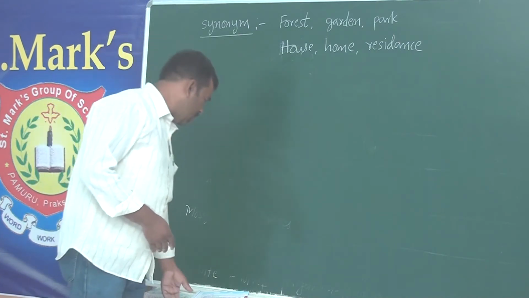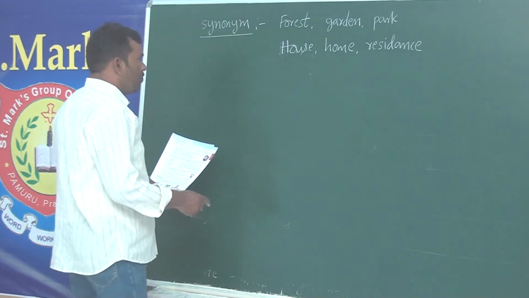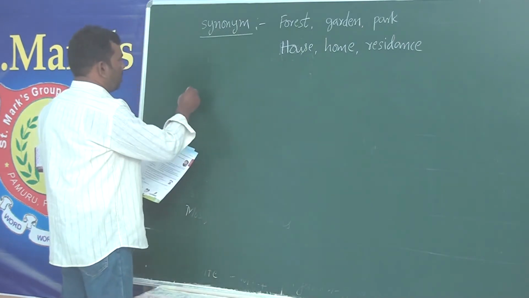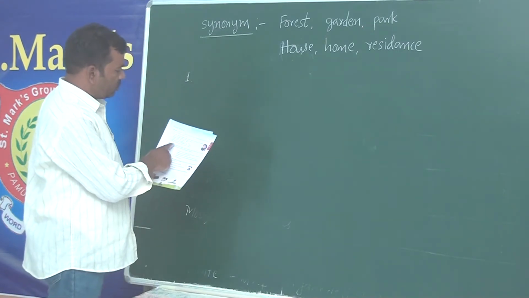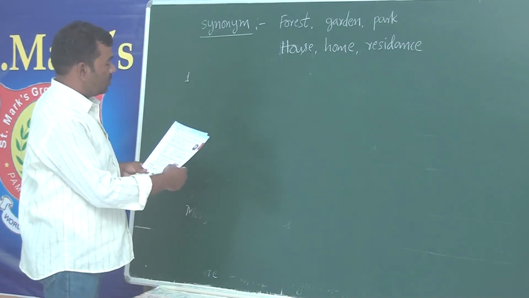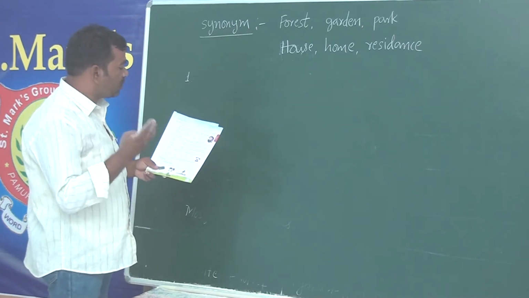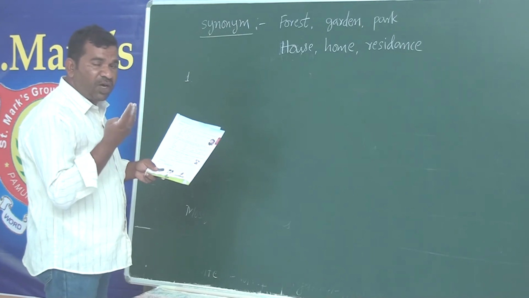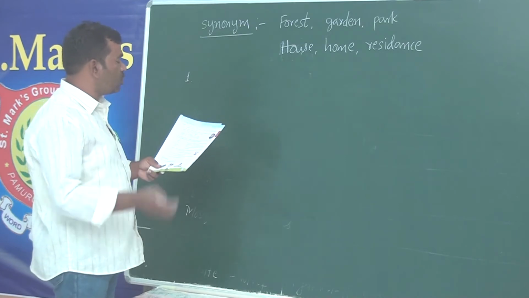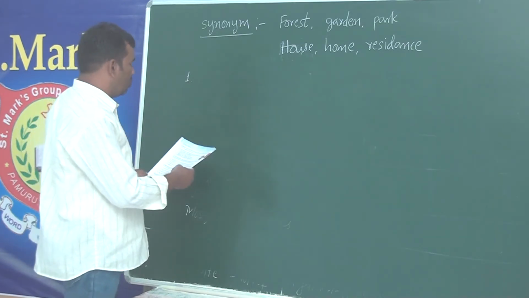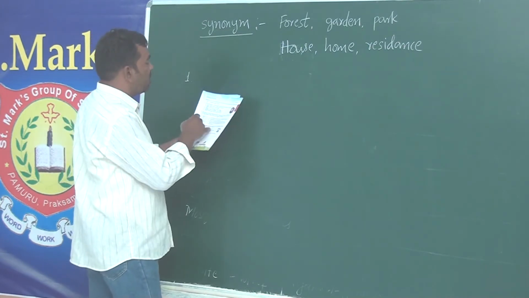Okay? So here you are given a few words. From that you have to pick the opposite one. So in each set you are given 5 words. Among these 5, 3 are very similar in terms of meaning. We have to pick those same synonyms. Okay? First one, you see the A exercise. We are doing A exercise.